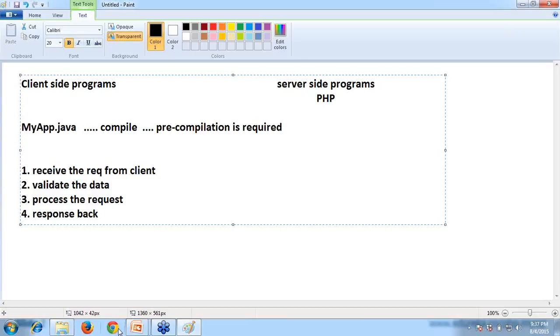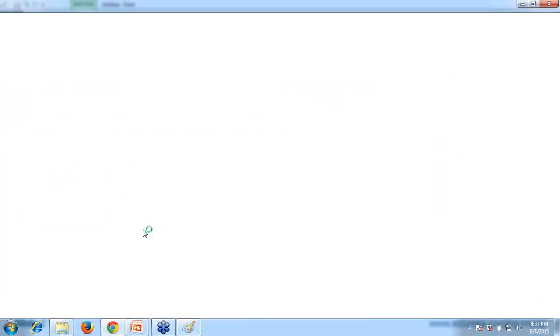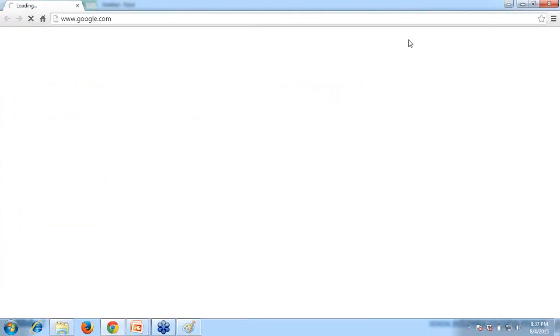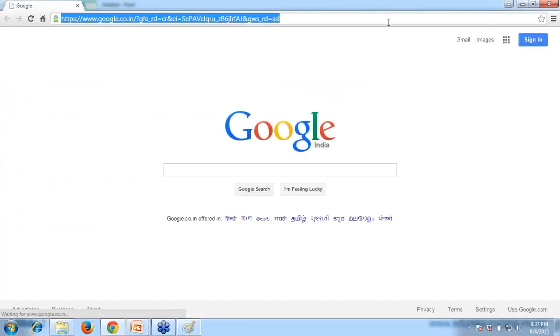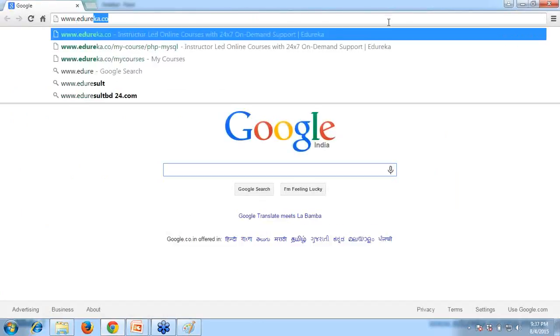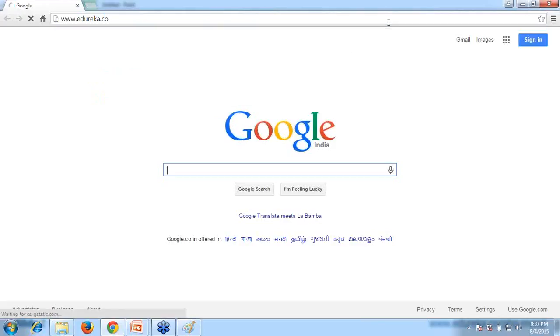So for example, I open the browser, the client-side program. I'm sending a request to Edureka.co. When I send a request to Edureka.co, I'll get a response back.